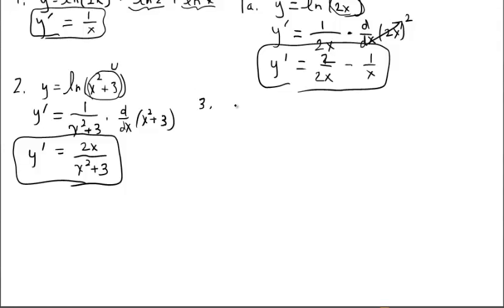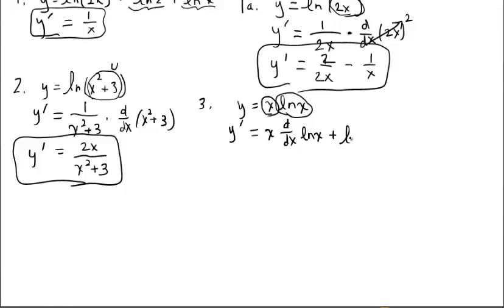Okay, let's come over here. Okay, let's look at y equals x natural log of x. As you study that equation, I'm hoping you're already thinking that, you know what, this looks like the product rule because I have a multiplier that's not constant. I have a variable multiplier times another variable function. So this is the product rule. So we have a new rule, but we have to be able to use it with chain rule, product rule, and previous rules. So first times the derivative of the second